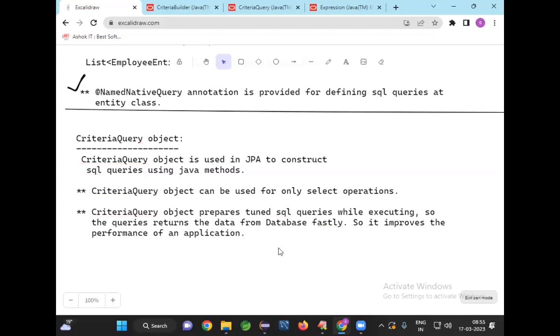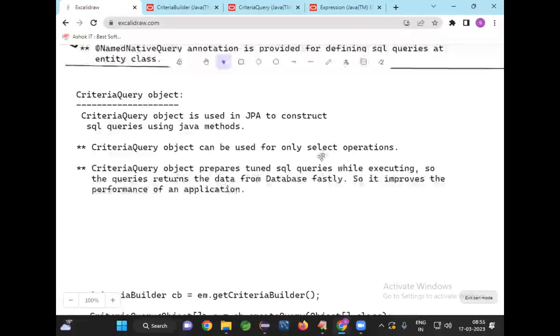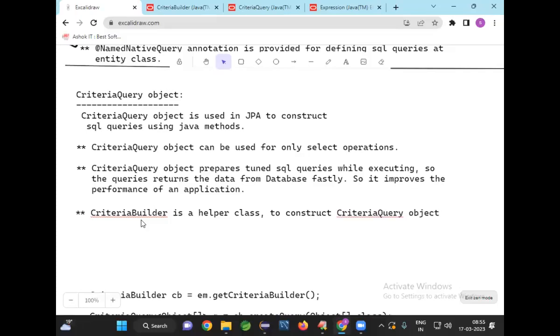Got my point, guys? That's what criteria is. But criteria can be used only for select operations. If I want to create a criteria query object, first what builder is required? Criteria builder. So criteria builder is a helper class to construct criteria query object, and also helps